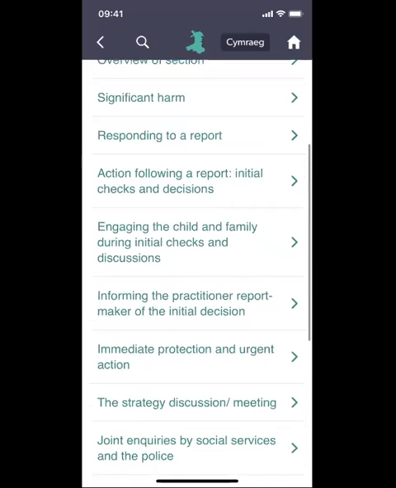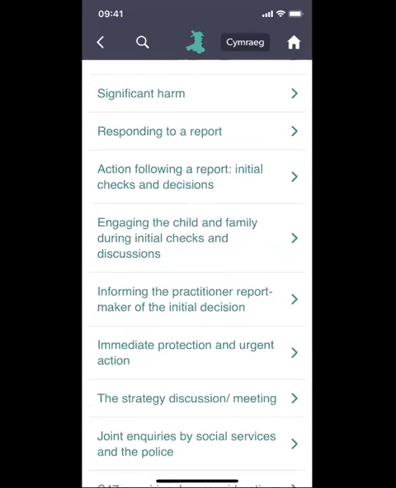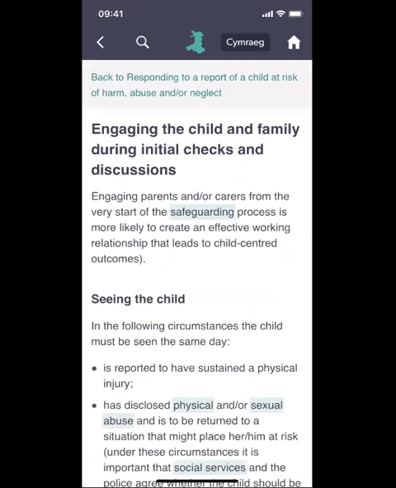There's the information then around the steps that will be taken in relation to initial checks and decisions to be made by social services. We also then have information about how children and families will need to be engaged during initial checks and discussions. So if we click into there, you can see